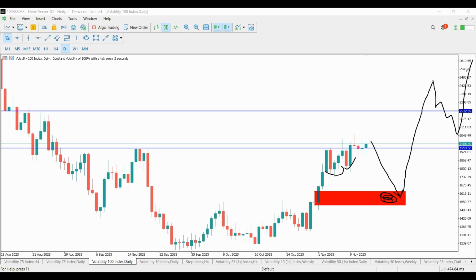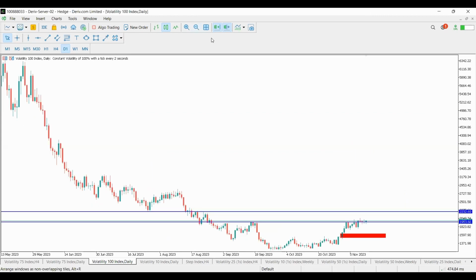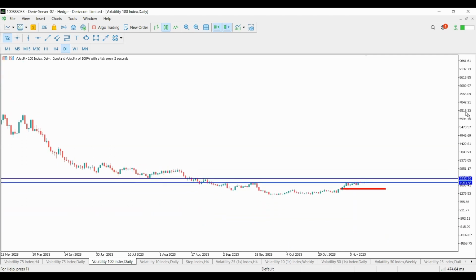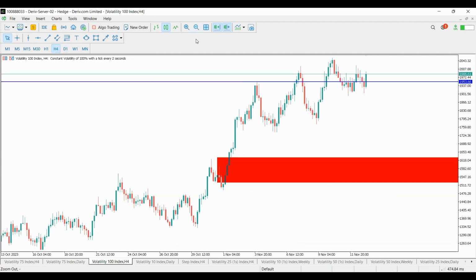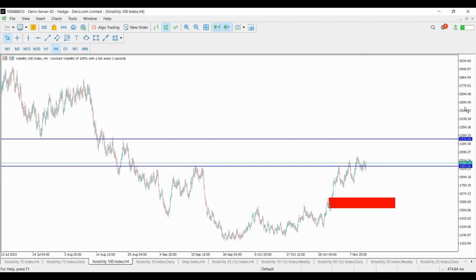Then we start pushing higher highs and higher lows, higher highs and higher lows. But as a trader, since we're doing retail trading, and most of us do not have that very, very big capital to hold on to all the ups and downs of the market, we need to find proper levels of taking our trades. So if you trade V100, wait for the market to give you a pullback into this area here, and then you can trade the price up to here. When it breaks this area and then comes back, identify again an untested demand level, then you can wait for the price to come back and then you take your trade.